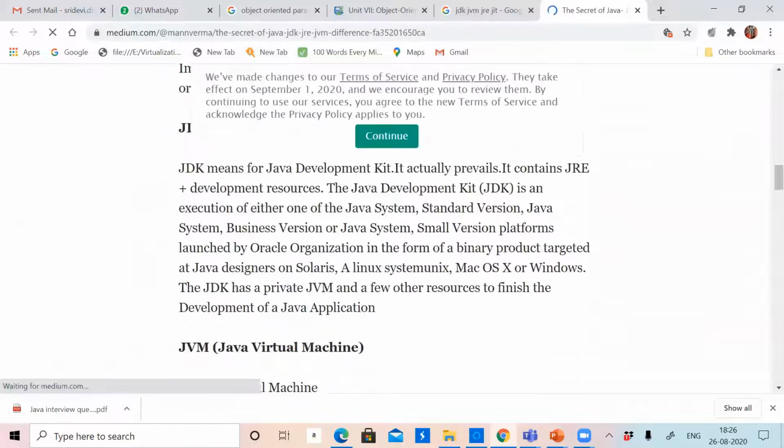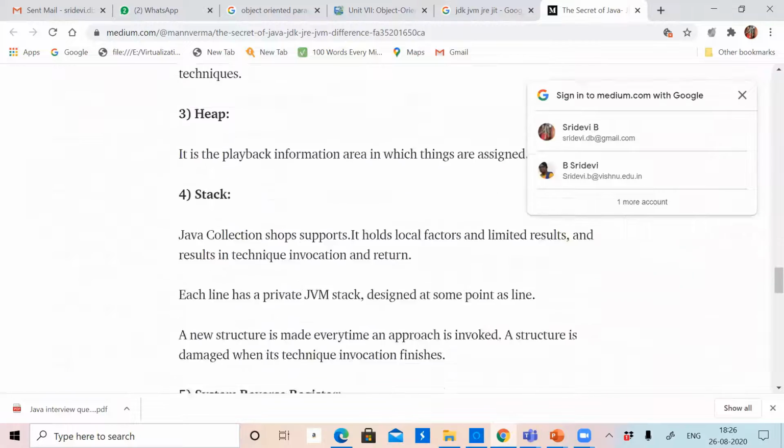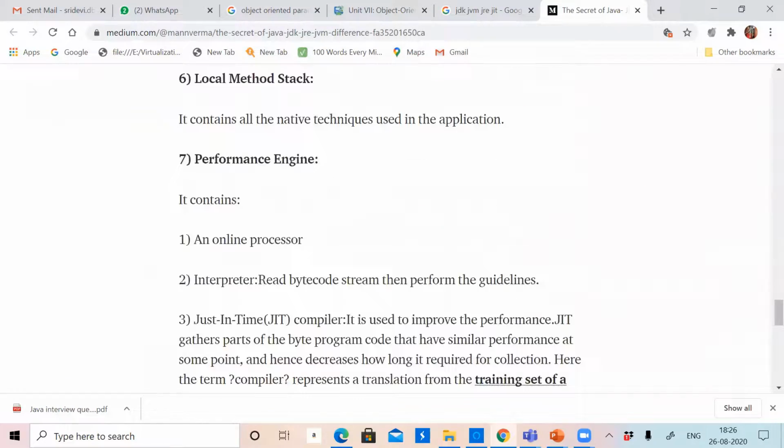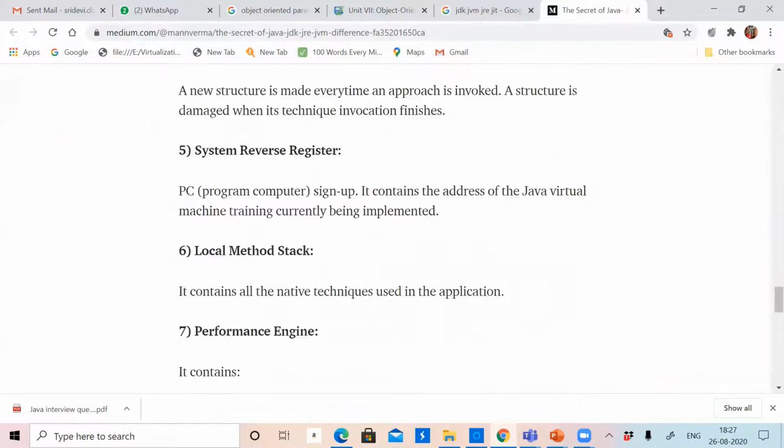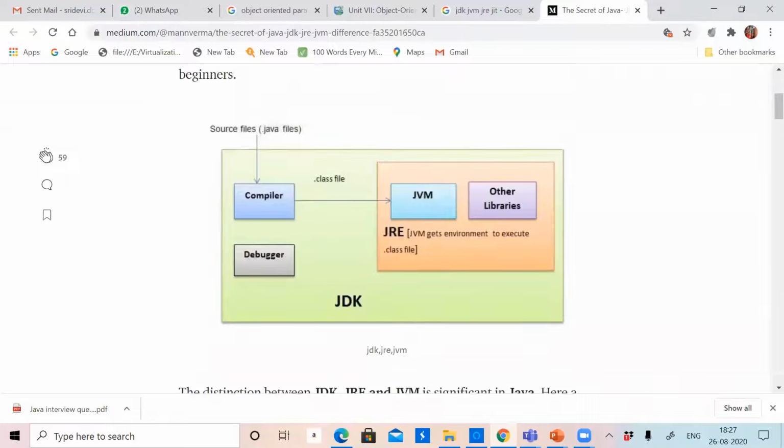This is an important concept everyone should be aware of. Okay. See, if you observe this, JDK stands for Java Development Kit. Okay, JDK encloses JRE plus a few other components. One is the compiler showcased here, the debugger is there, and many more components which are needed for the development of